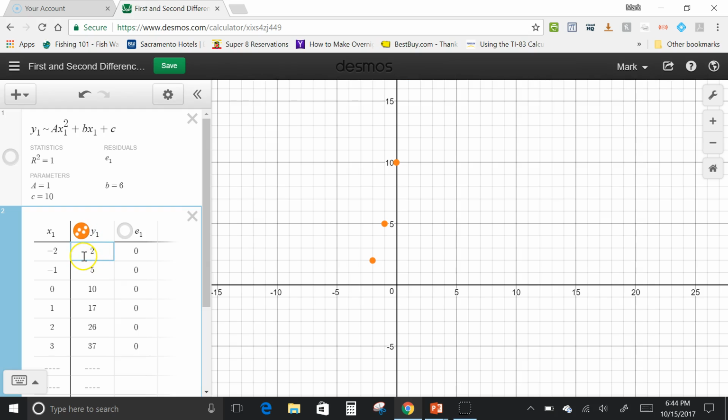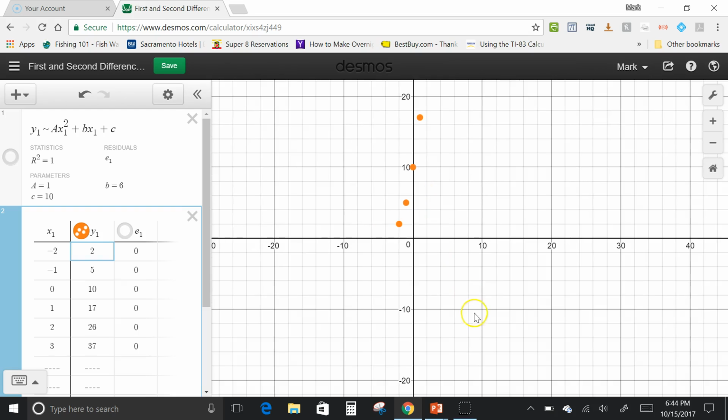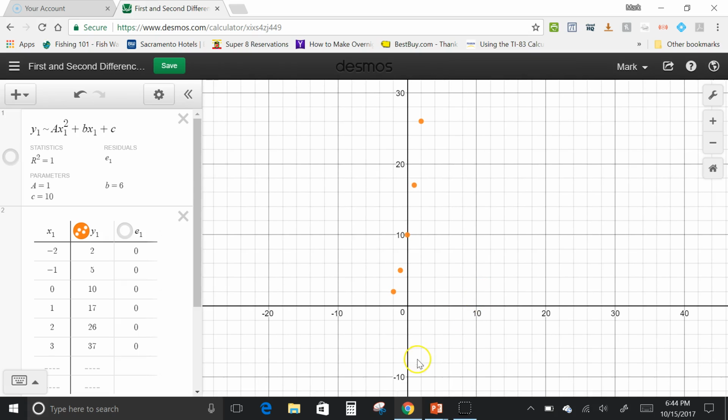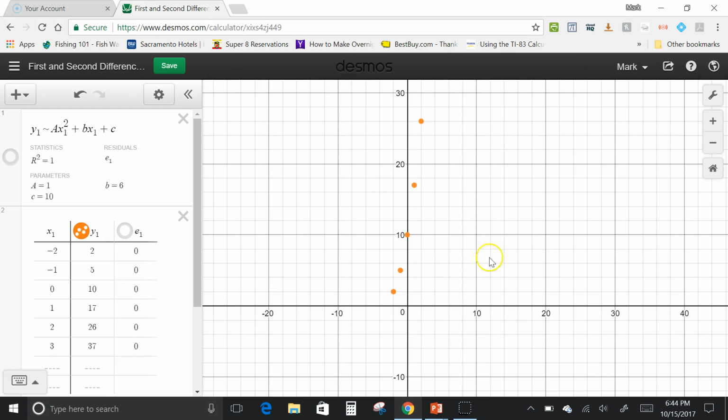Okay, well that table allowed me to plot the points, so you can see the points here, at least most of them. If I were to zoom out, you can see the rest of them. Okay, so we've got all of our points, and looking at these points, you can actually see that it kind of looks like it's quadratic, but if I were to use my equation here, y sub 1, that takes my y sub 1 values,